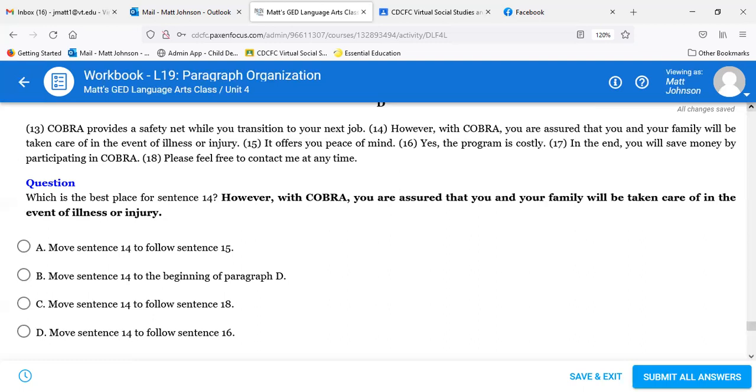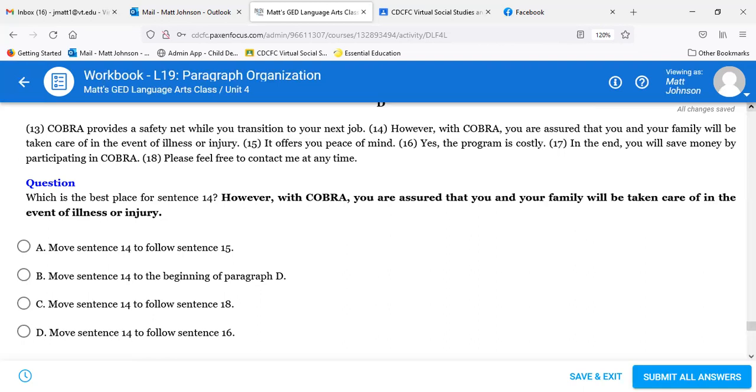C? Move 14 to follow 18. It's D. We want 14 to follow 16. So we start with COBRA provides a safety net while you transition to your next job. It offers you peace of mind. Yes, the program is costly. However, with COBRA,